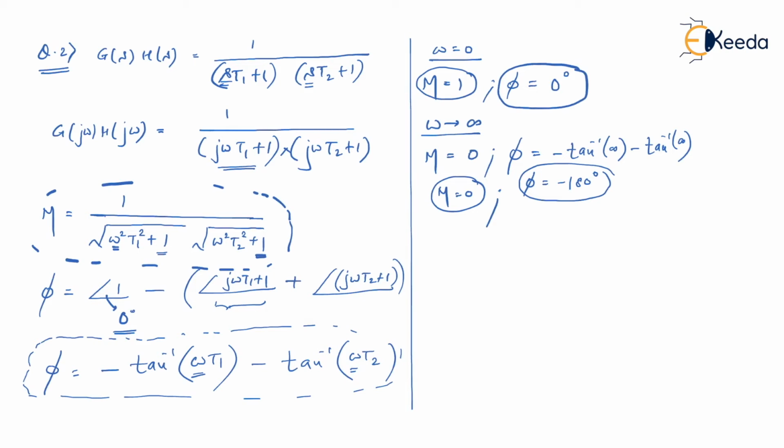So for that we have to draw again a GH plane. So this is again the GH plane. Start from M equal to 1 and phase equal to 0 degree. You know very well, in the last problem also it started with the same point, that is 0 degree and 1 as magnitude. Then let's see where we have to end up. This is 0 degree, then this is minus 90 degree, and this is minus 180 degree. So we have to go to minus 180 degree. But when the angle is minus 180 degree, what is the magnitude? The magnitude is 0. So on this axis that I'm highlighting right now, the magnitude is 0.